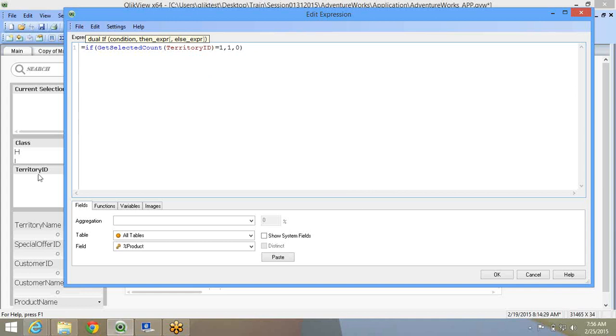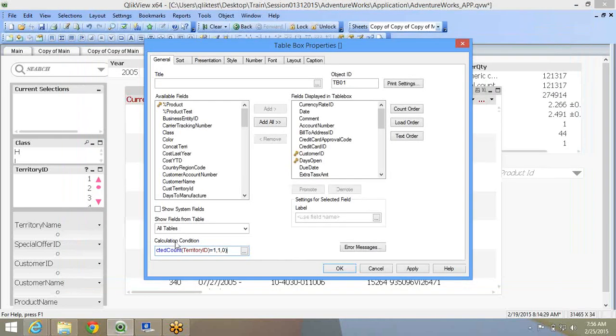So whenever one territory ID is selected, it will pass 1. Now 1 is nothing but true and 0 is nothing but false. That is what the calculation condition interprets. If the resultant value of any calculation, any expression, is 1, it is true. If it is 0, it is false.